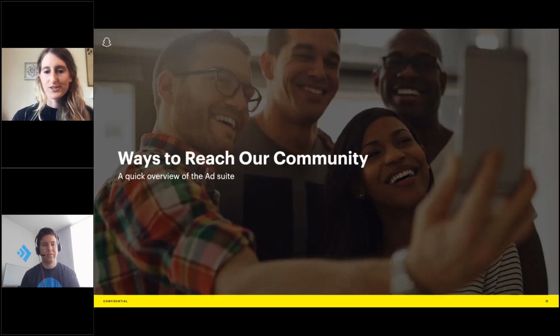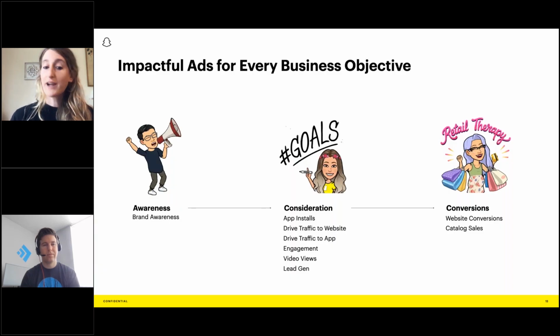Now that you understand our community, let's talk about all the ways that you can reach them on Snapchat today through different ad formats. No matter what your advertising objective is, we have solutions that will help you reach your business goals from awareness to driving conversion. Think of these 3 objectives from left to right as broadest reach on the left to those customers that are closest to purchasing or taking the desired action you want on the right. The awareness objective is useful when you want to make a broad number of customers aware of your product or brand. With this, you would cast a wide net with targeting to increase reach and get the word out about